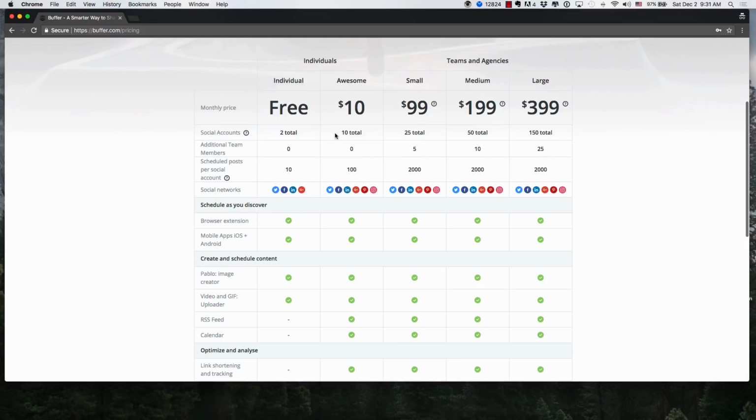With the $10, you get a total of 10 social media accounts. You can schedule up to 100 posts per social media account. That's huge. And again, you can post to Twitter, Facebook, LinkedIn, Google+, Pinterest, and Instagram. There's also other programs available for business teams and agencies, but for most people, you'll fall into this free or